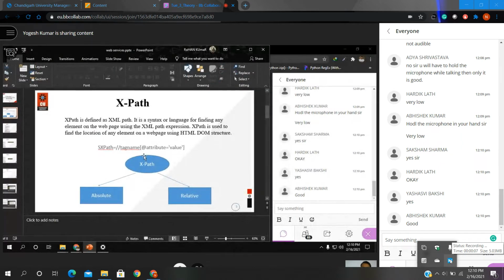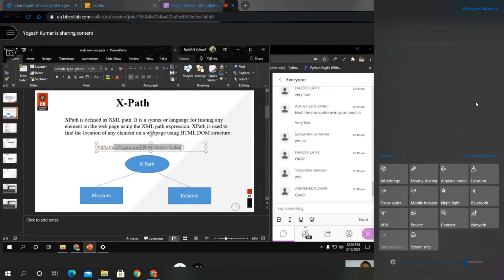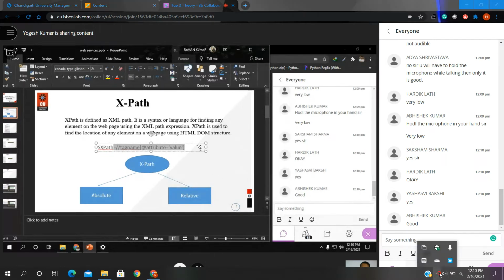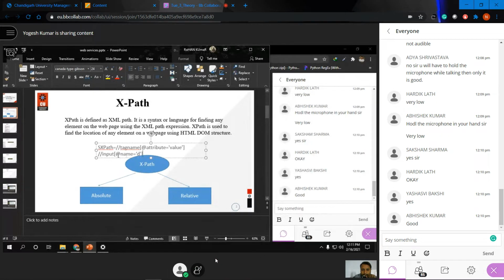So just we are talking about how we can find out the tag within your value. So you can write over here, just like if you want to find something like within input, this is my parent tag, and within parent tag, I want to find out just a name whose name is equal to T. So this is how we can find out one by one tag over the website or over the XML document.